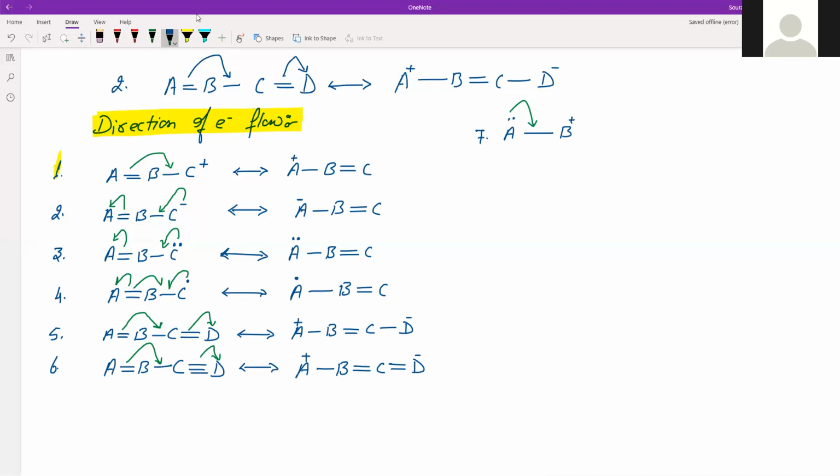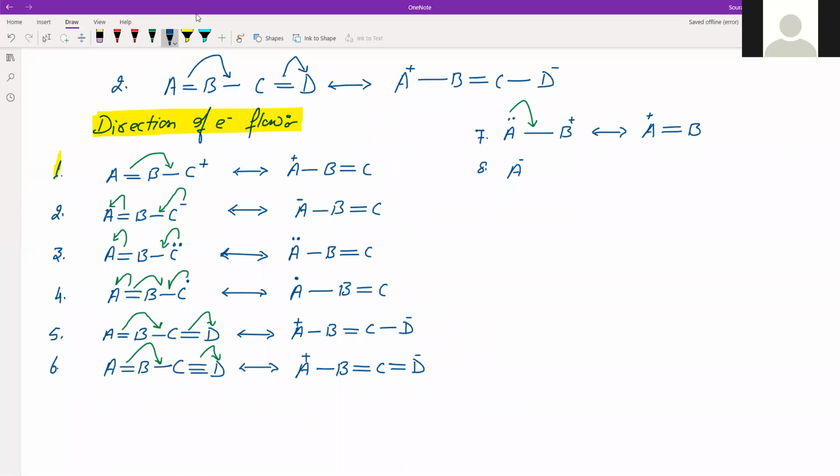So now again what will happen here, A will lose that, so A will have the positive charge, and there will be a double bond between A and B, right? And there is no lone pair on B, so that we have to make sure. Next,